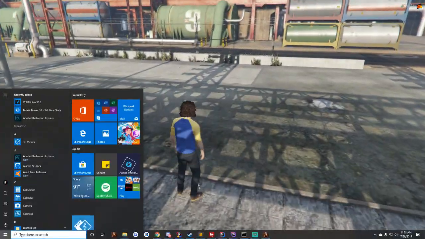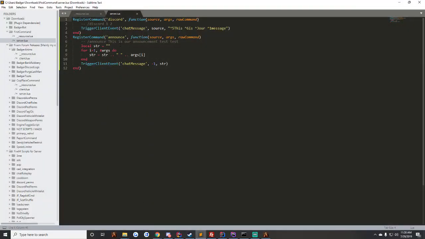Also, another thing is you don't have to put these in a server.lua. You could have this in a client.lua too. It just all depends on what you're making the script for. Because certain events, like certain functions for a citizen, you can't run on the server side. You have to run it on the client side, which would mean you have to run it in a client.lua. But for this video, it really didn't make sense to make a client.lua because these are just announcement scripts,